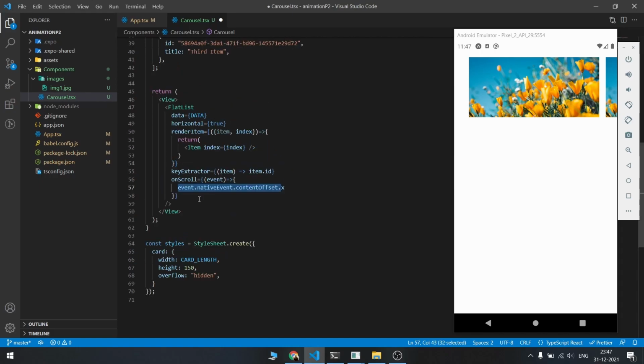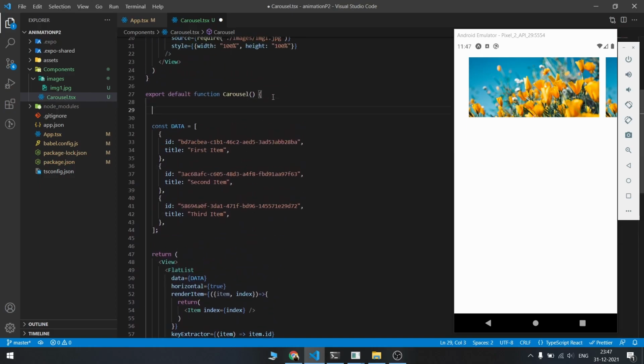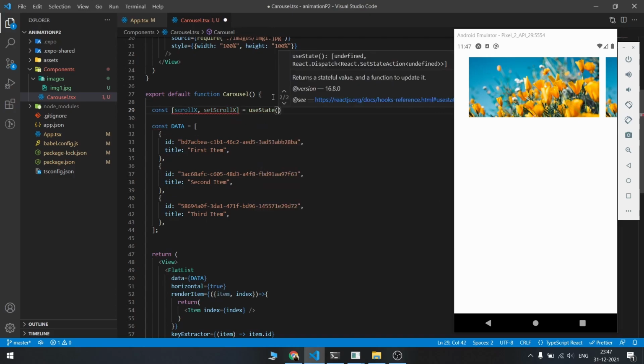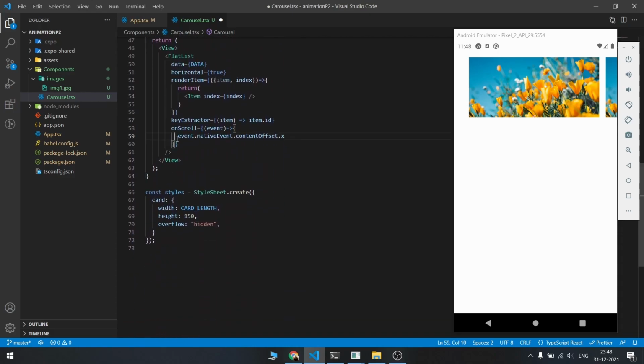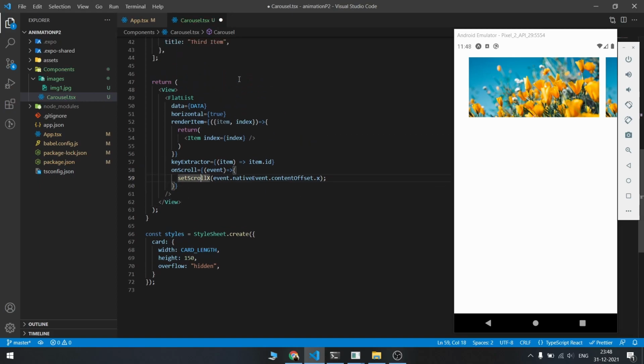So we need to store this somewhere. So let's call this scrollX and setScrollX. Yeah. Let's initialize this to 0. And what I'm going to do is, okay, so now we have the number that we are on when we scroll this list.